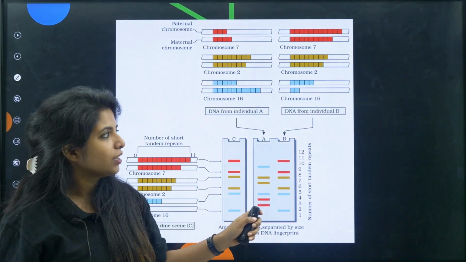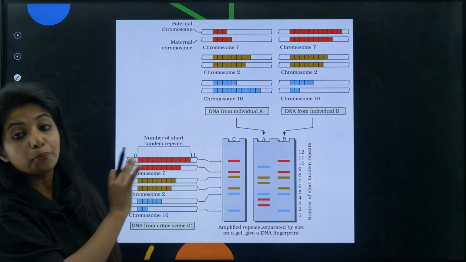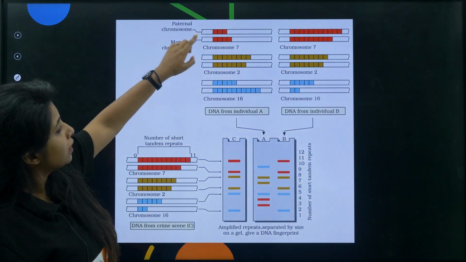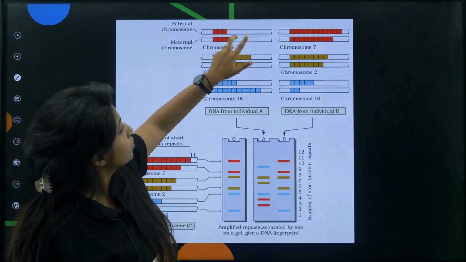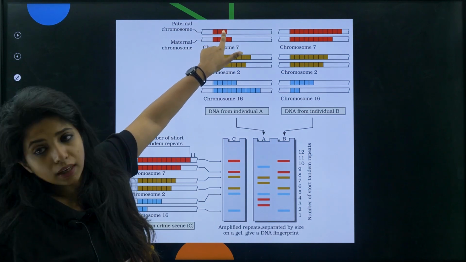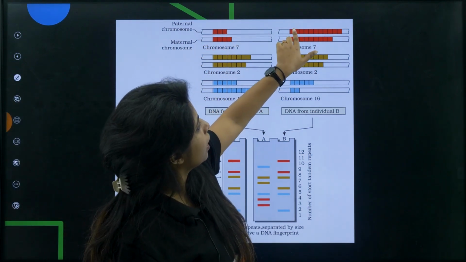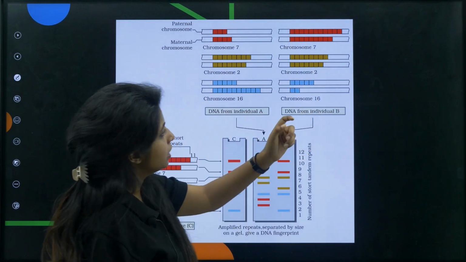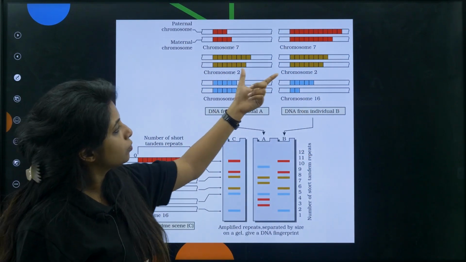Okay, now I think you might have got a certain idea. Now this is the thing that is given in your book. In your book, what is given? The pattern from the father's chromosome and from the mother's chromosome. You saw over here that on chromosome number 7 you have 3 from the father and 4 from the mother. Similarly on this you have so many from here and so many from here. This is from individual B, and this is from individual A. Same chromosome you are taking.